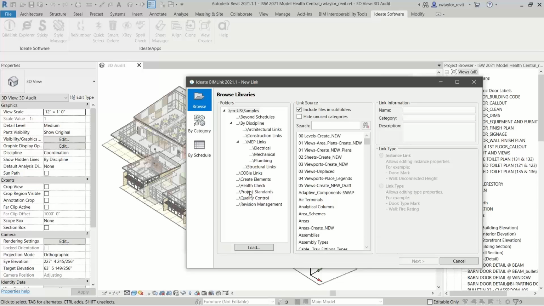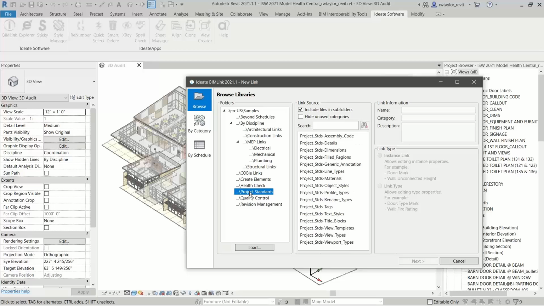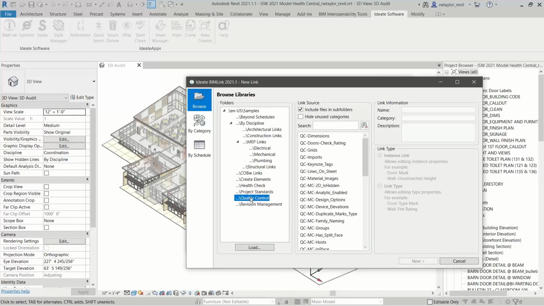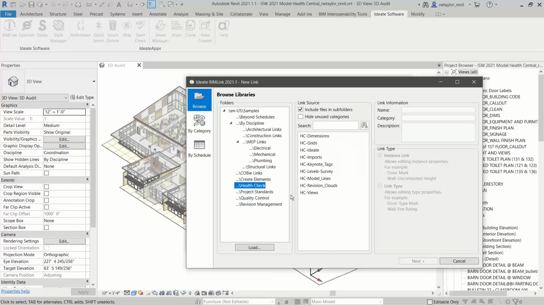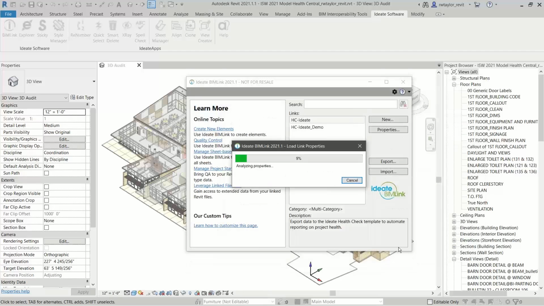As I mentioned, you have these basically folders. And we talked about project standards, right? And we talked about quality control for things that were more instance-based type links, but then health checks, right? So I want to do this HC Ideate. And right away, this little warning tells me that I already have one. So I'm going to call this Demo 2, just to know that it's a new version there. And when I say next, what it does is it takes that information or it takes that template, right, for the